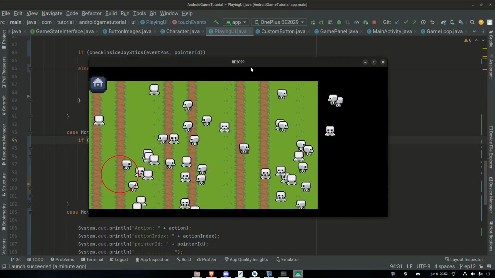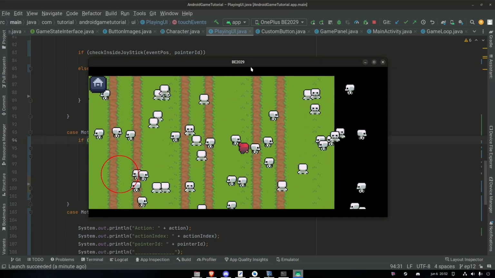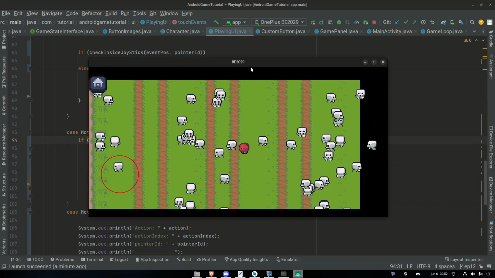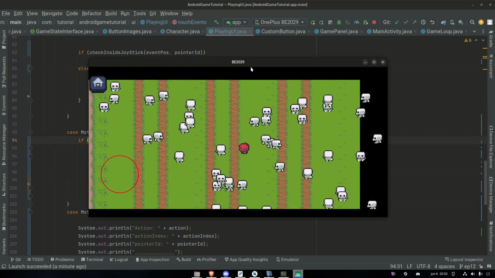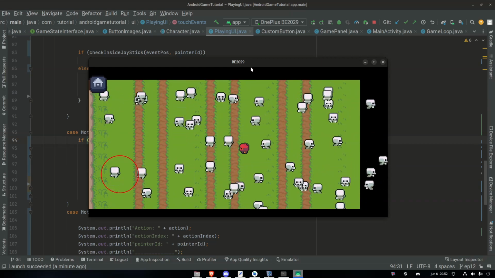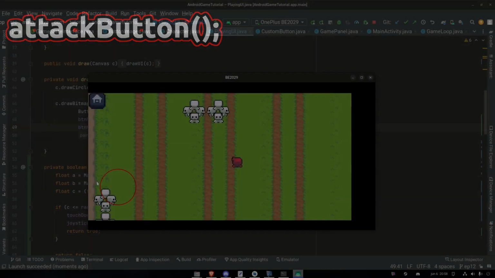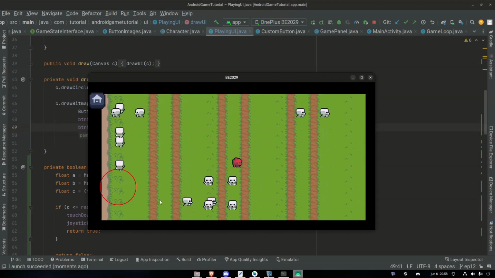And it's working the same. Putting down my right finger, it's working the same. Lifting my left finger, the joystick one, and it stopped. And I'm moving my right finger, doesn't work. Nothing happening. So yeah, that multi-touch is working. Perfect. What we need to do now is to add that second button here on the